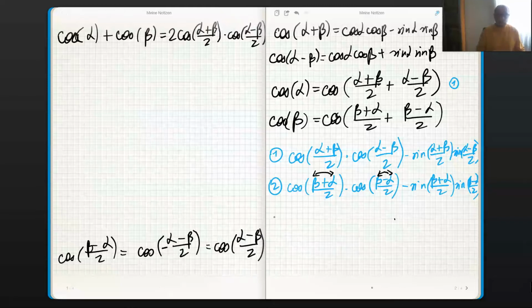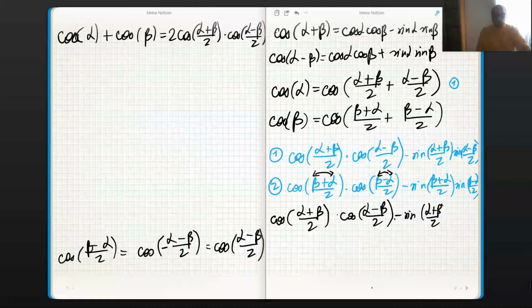So we can change it easily to cosine of alpha plus beta divided by 2 times the cosine of alpha minus beta divided by 2. We're not changing anything at all of the value of this expression. Now with the sine, we have minus sine of, well, rearrange the sum, it's no problem. What about here? Well, here we would be putting a minus in front, the same as here, but the sine is a symmetric function considering the origin, so the minus is going to be taken away.